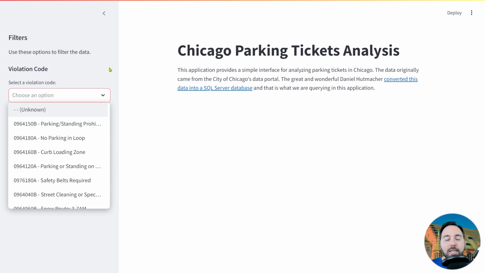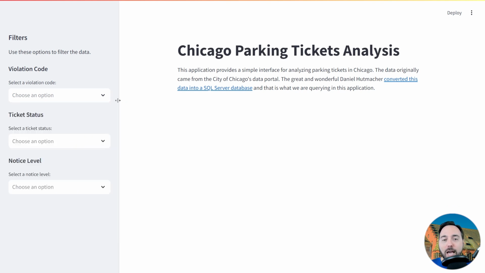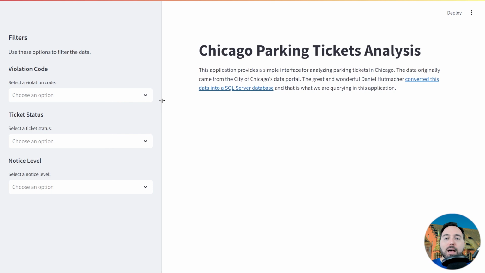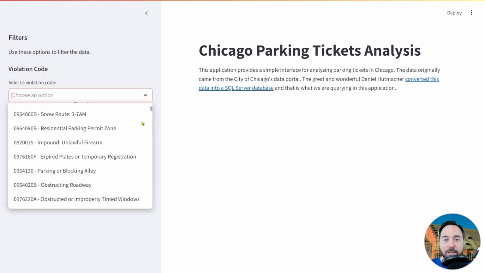There are two ways I can get around this. First, if I mouse over one of the text entries, we get a label on hover that shows the full text. That may be good enough for us, but the other alternative is to grab the sidebar and move it out some. I can drag this sidebar as far as I need it, and now the drop-down lists show more